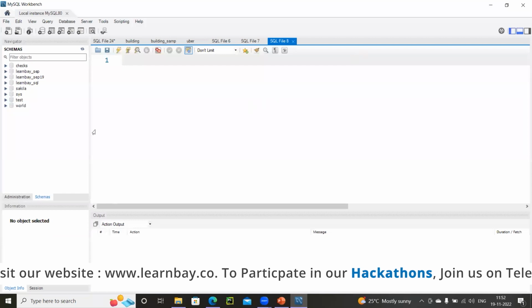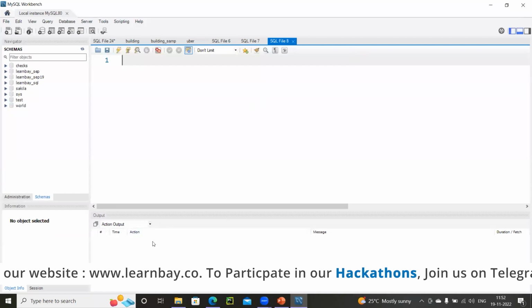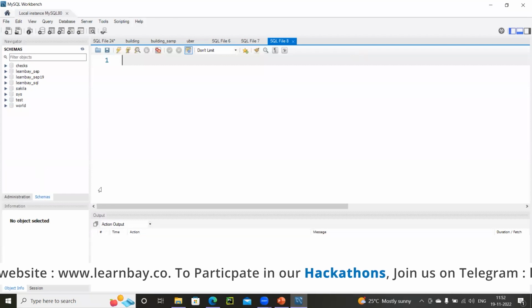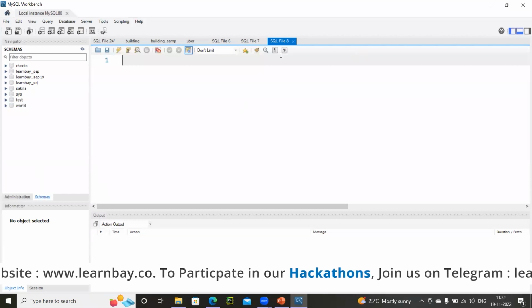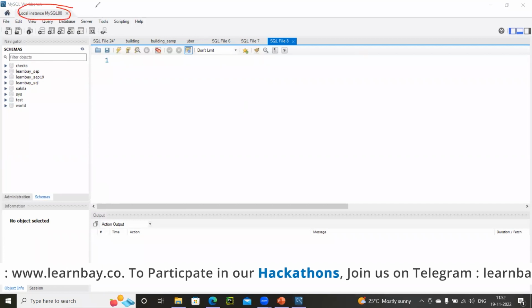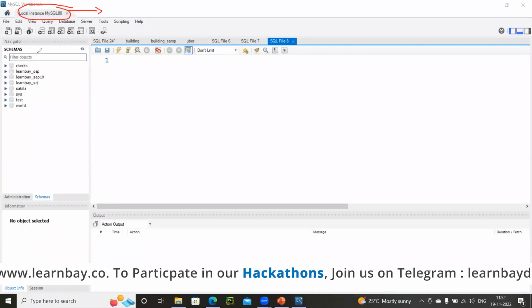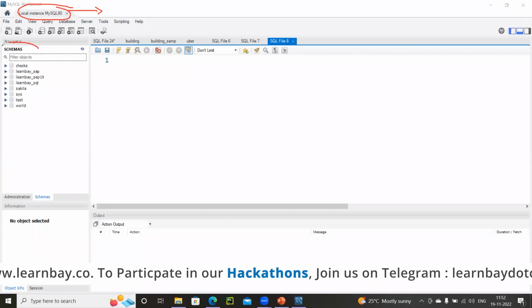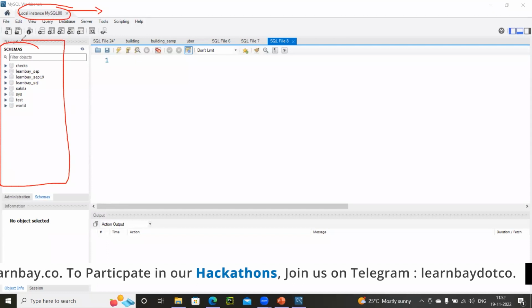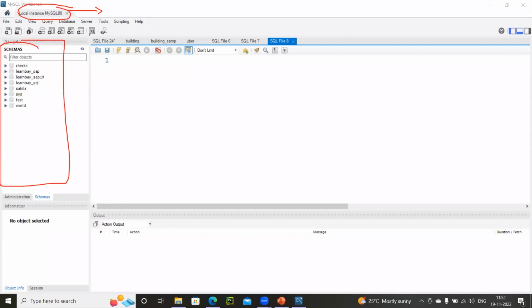Okay, now this is how your IDE screen looks. Once things are installed and once you are in the platform, this is how it will look. On the very top, you will see my instance name. And on the very left-hand section of my screen, you will find something called the navigator pane.